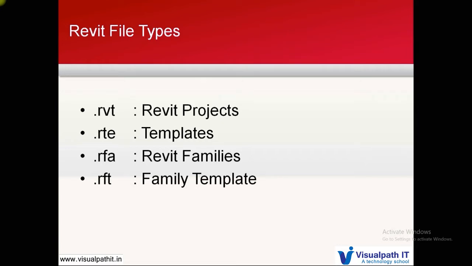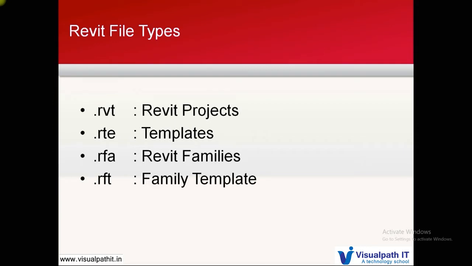And when you open a template, without a template, a software tool cannot work. Now what is a template? The elements required for your project, like doors, windows, etc., will be stored in that. Any kind of dimension, units, etc. will be there. Whatever you need will be there in that template. So without the template, Revit cannot work. When you open a template, it opens in a format called .rte, Revit template.